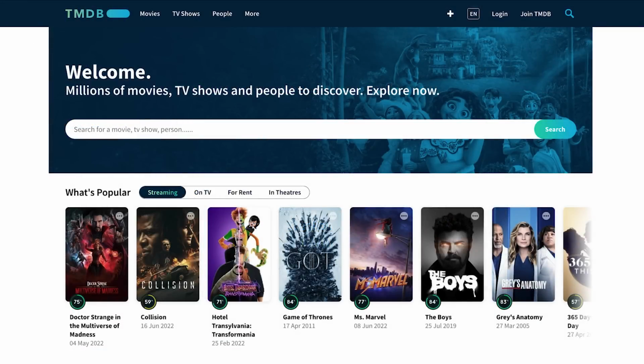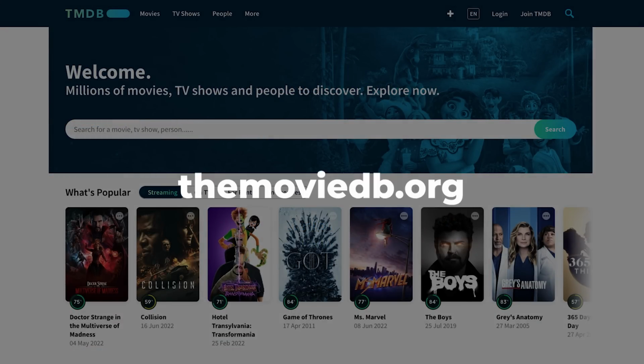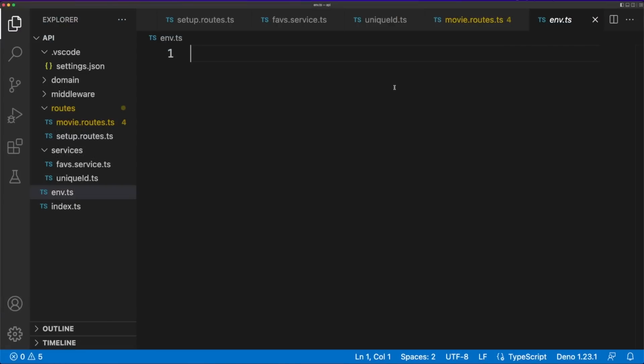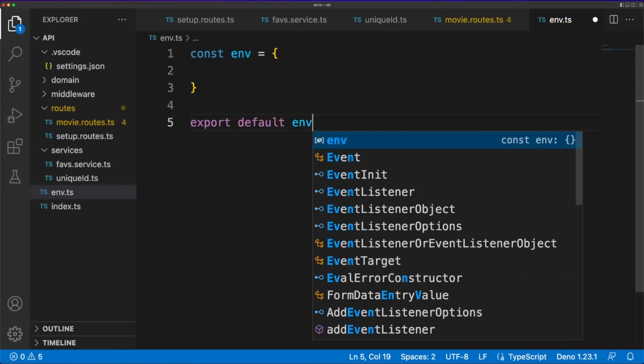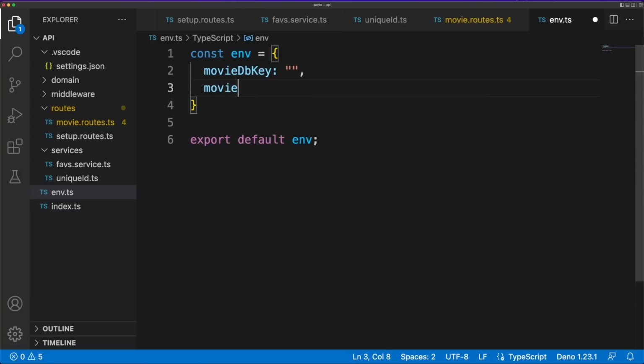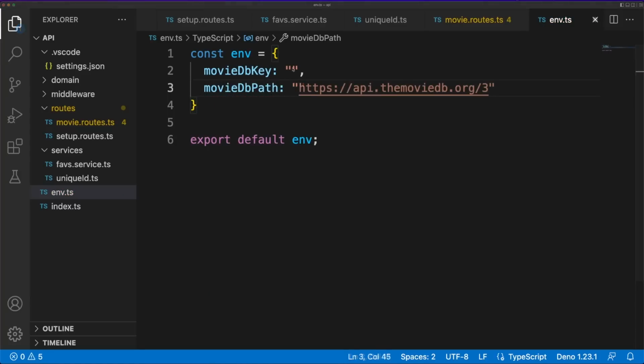The first thing we need is access to a list of real movies. The moviedb.org website offers a great free API we can use to access and search through real movie titles. Go ahead and register on their website and follow the steps to generate an API key. With the generated key, we will make some updates in our environment file. It is a good practice to keep information such as this in a dedicated file. You'll have a centralized place where all configuration happens, and you can easily overwrite things in here for testing or